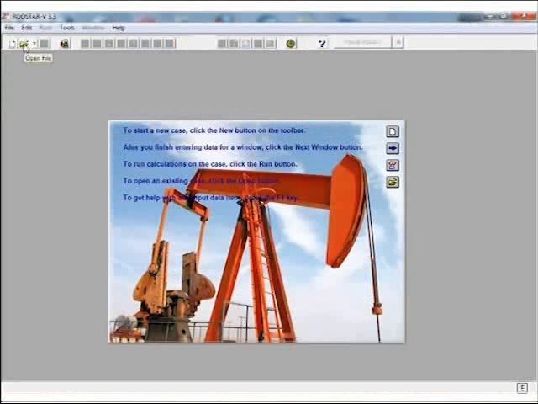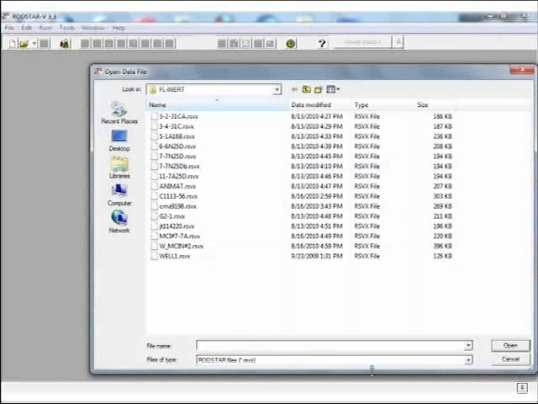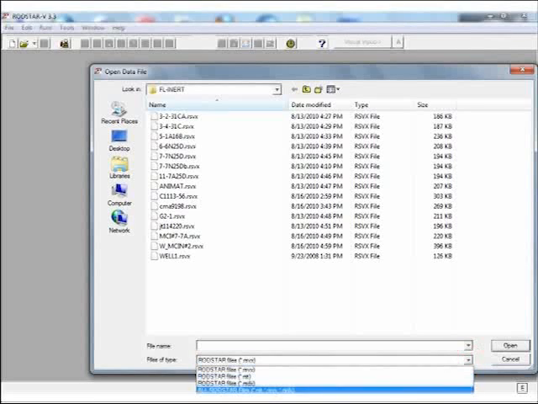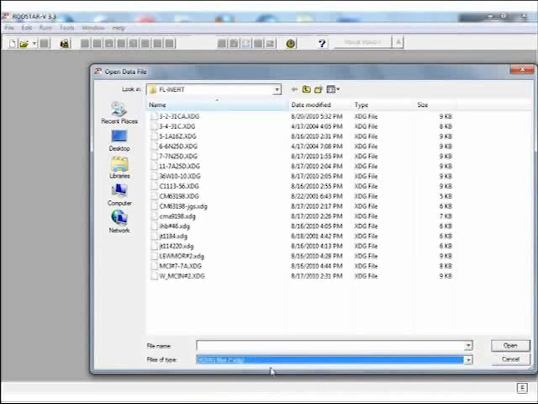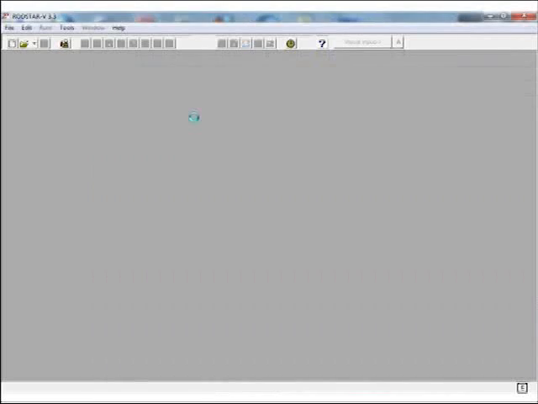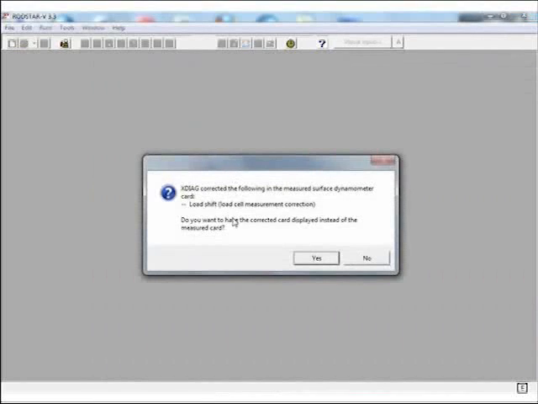So let's load the XDiag file that we just looked at into RODSTAR-V. The way we do that is we select open file, and then for file type here we drop this down, we go to XDiag files, and then we double click on the file we want to bring in. The program says that the XDiag fixed the load shift. We want to bring in the corrected card. We're going to say yes to that,